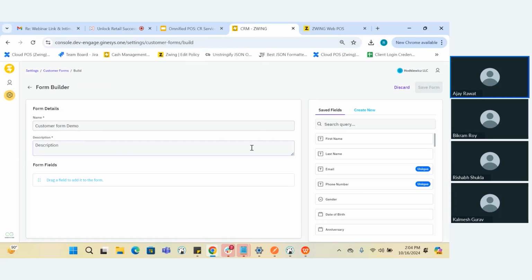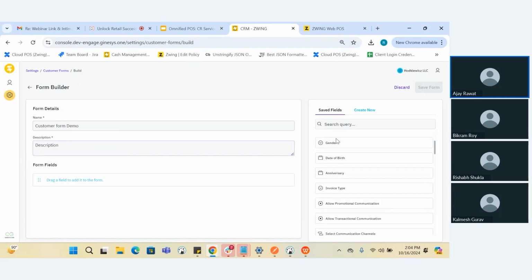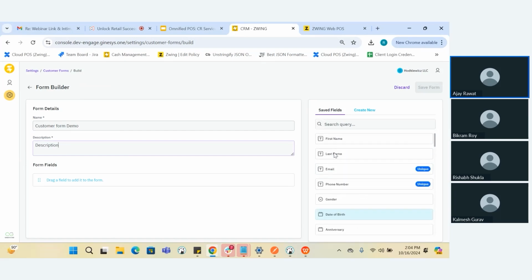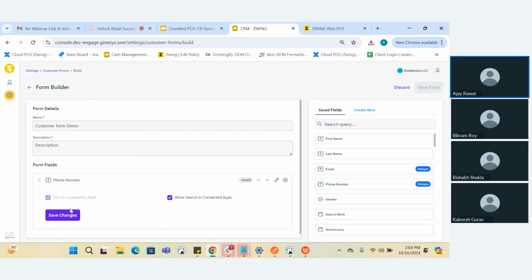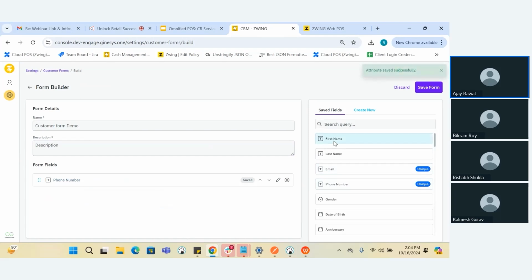Now we can drag the fields. These are the predefined fields, under the label saved fields, and there are two unique fields, email and phone number, one of which is mandatory to keep in the form. Without email or phone number, the form cannot be saved. So suppose I have dragged the phone number here. Now I am adding the first name, last name,